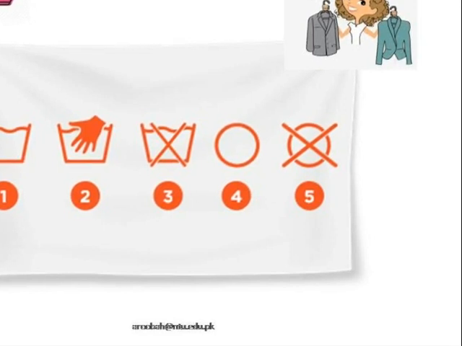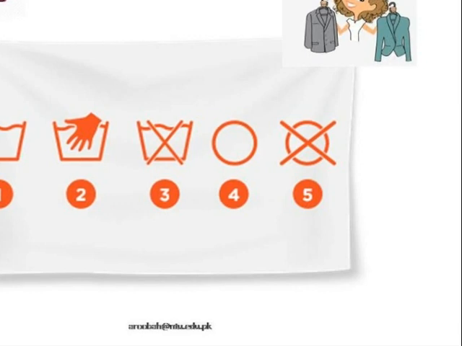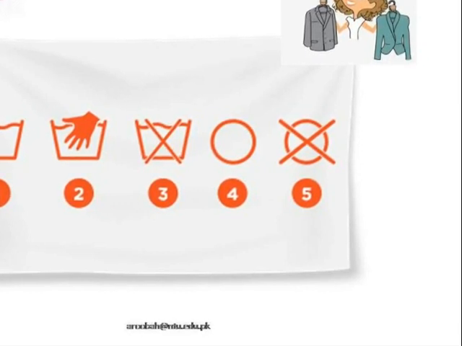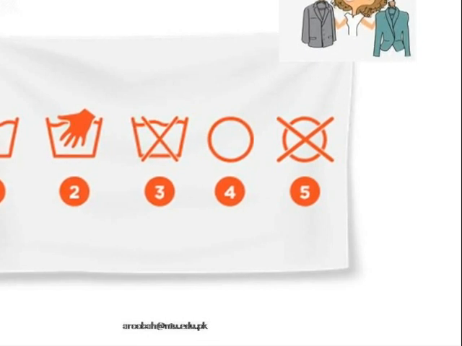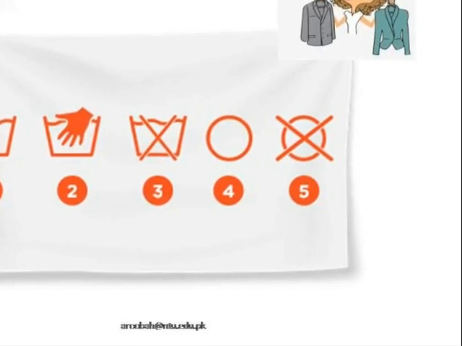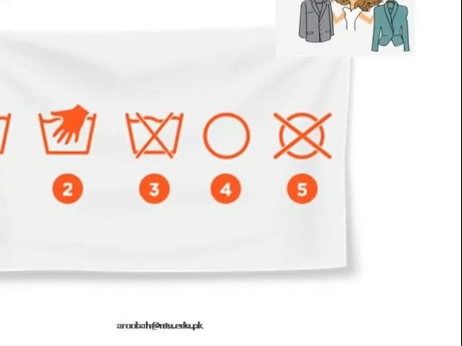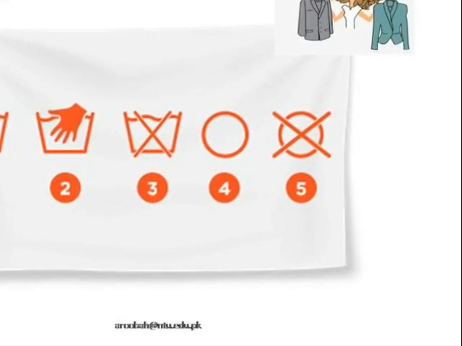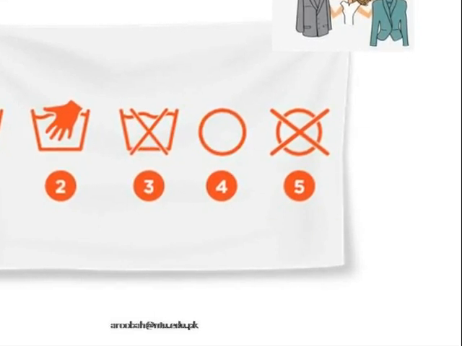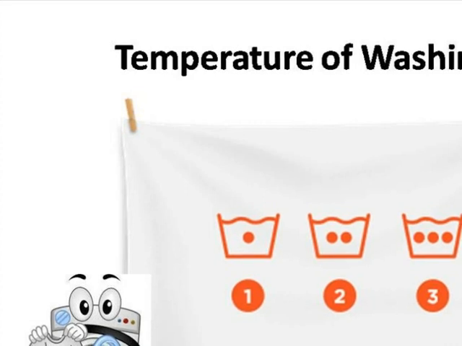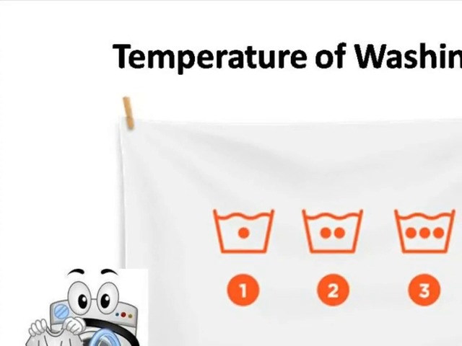Like our heavily embellished fabrics are not washable at home, we always dry clean them. The fifth symbol, the circle with a cross, indicates do not dry clean it. It means that the product is so delicate that dry cleaning is also not possible, it will damage the product. After deciding whether it's machine wash, hand wash or dry clean,